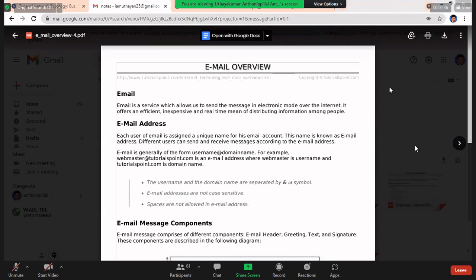Email is generally of the form username @ domain name. Whatever name the user prefers to put, that is the username, and after the @ that is the domain name.